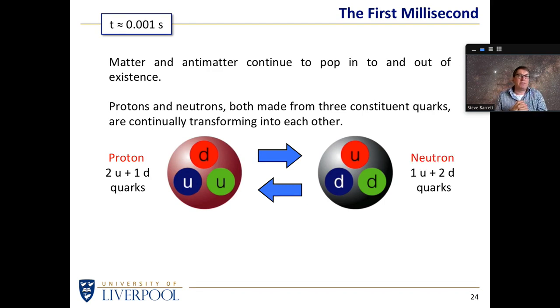And a slightly different configuration of quarks, if we have one that's labelled U and a couple that are labelled D, then that particular bag of 3 quarks we call a neutron. So at this point in time, 1 millisecond after the Big Bang, it is possible for some of these quarks to hang on to each other and actually start making protons and neutrons. But it's still hot enough that they are quite happily, readily transforming back and forth. There's enough energy to allow these little bags of quarks to, if you like, mix together and change such that protons can change into neutrons and neutrons can change into protons.